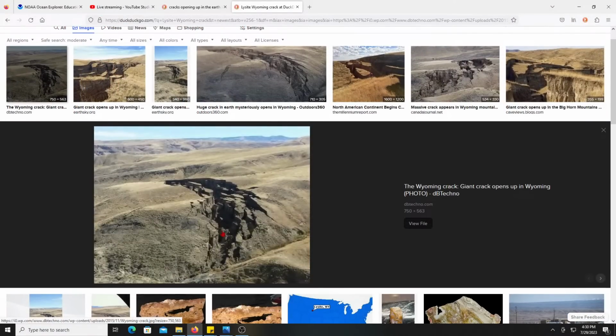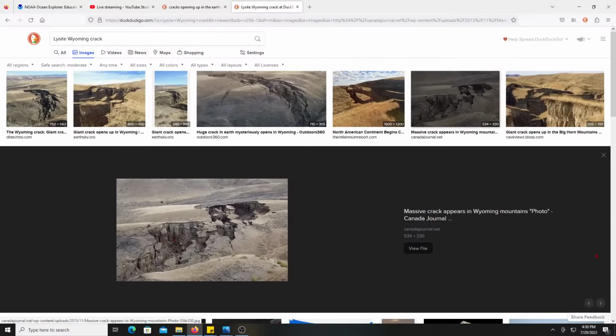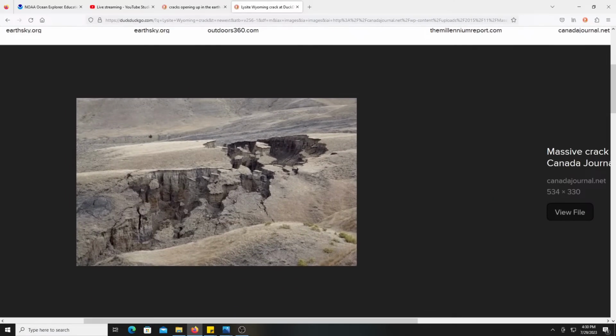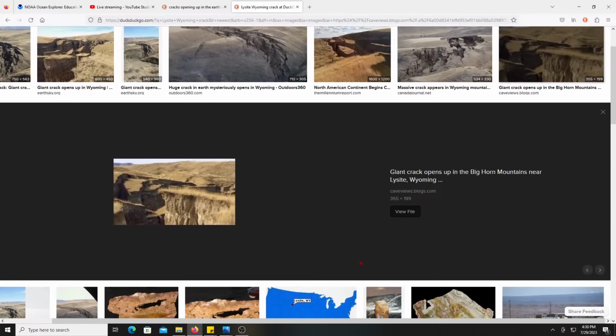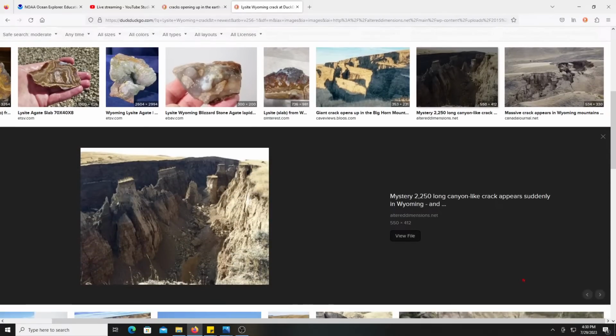Okay, it may look like the water thing. It's like the sinkholes that are opening up all over the place. This is the Canada Journal. I don't think they would really want people to see this. Look at that. The mystery crack.